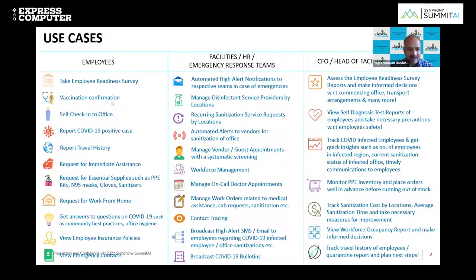And there are many use cases which we have witnessed, right from the employee side, in terms of taking the employee readiness survey, vaccination confirmation, self-check into the offices, reporting the travel history. And when it comes to the facilities and the HR, automating the high alert notifications, managing the disinfectant service providers in various offices in various locations. So this particular customer had offices in many places in the country, and they wanted to automate all this disinfectant process and the other things, manage the vendor, guest appointments, system screening,